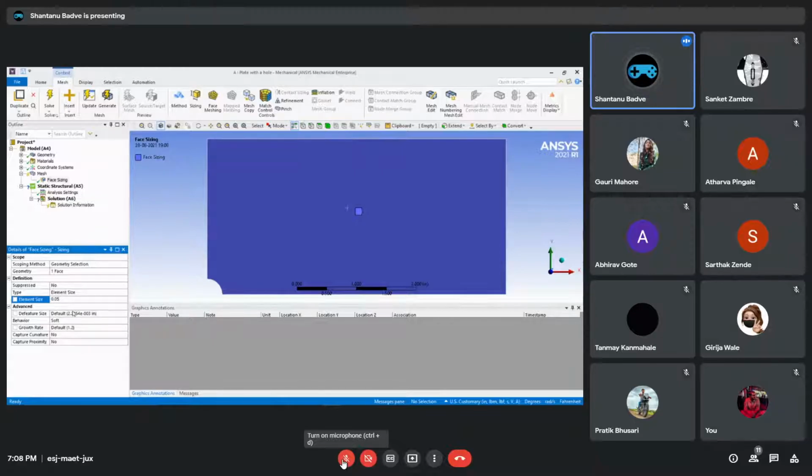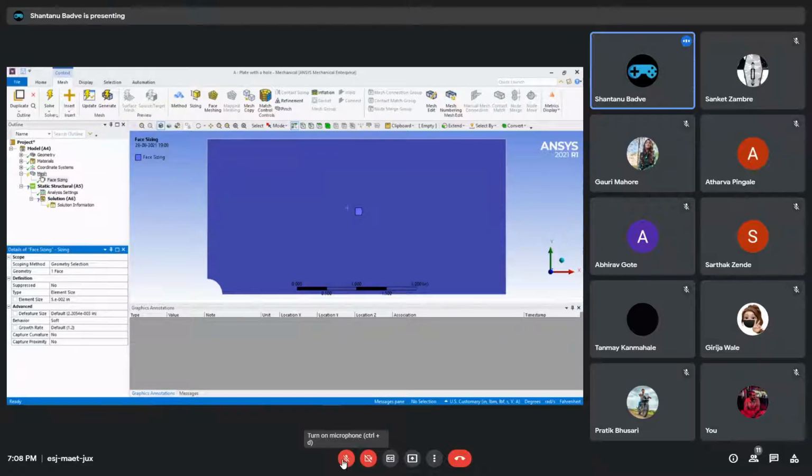You can add more zeros in here, but then you will also have to wait that much time, because it is not easy to mesh. It takes a lot of computations. So we will just go with 0.05 for now, and it is set.